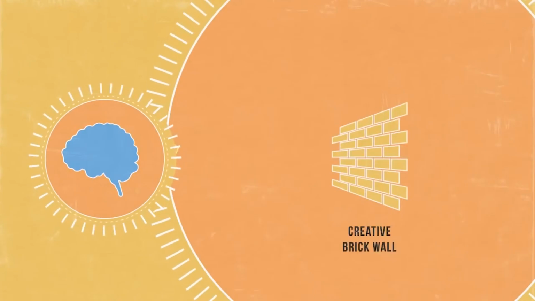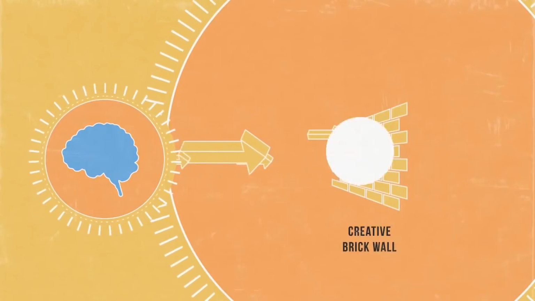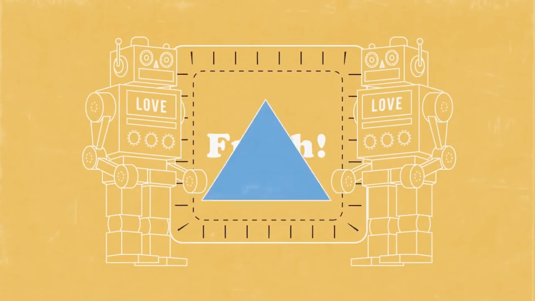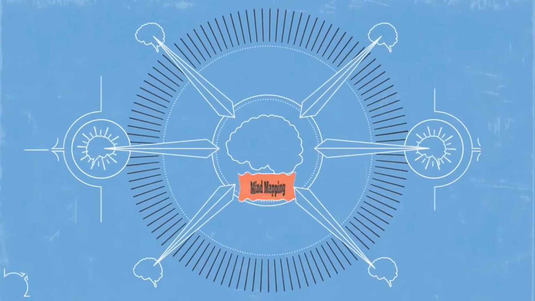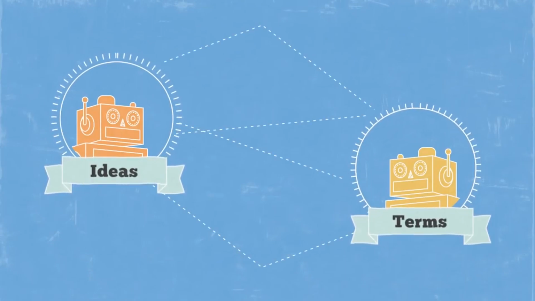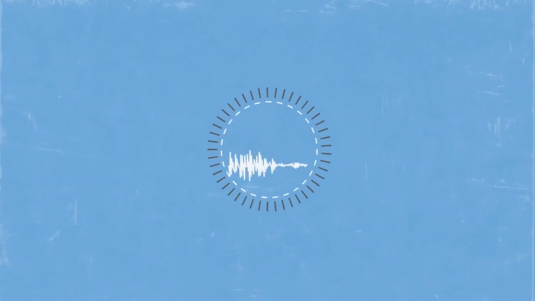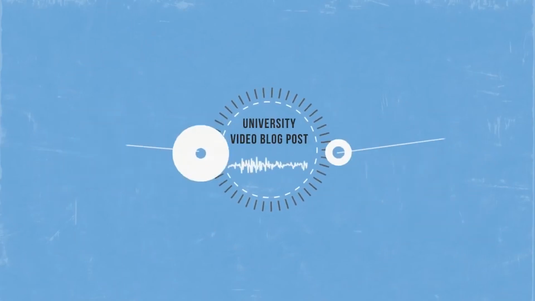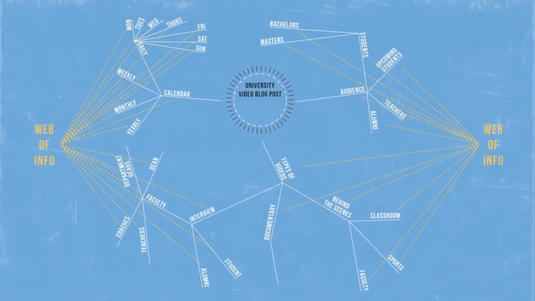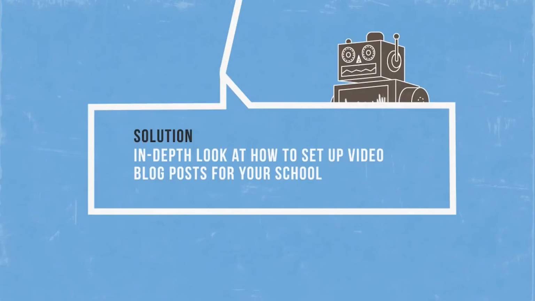During the brainstorm process, it can be easy to hit a brick wall. If your brainstorm session has reached a dead end, here are some creative ways to generate fresh ideas that your audience will love. Mind mapping. This strategy creates a visual representation of related terms and ideas that can generate creative content ideas. Create a diagram with a central main idea that you can branch off to correlating words or concepts. Use the web of information in the diagram to help you generate a well-rounded view on single or multiple ideas.